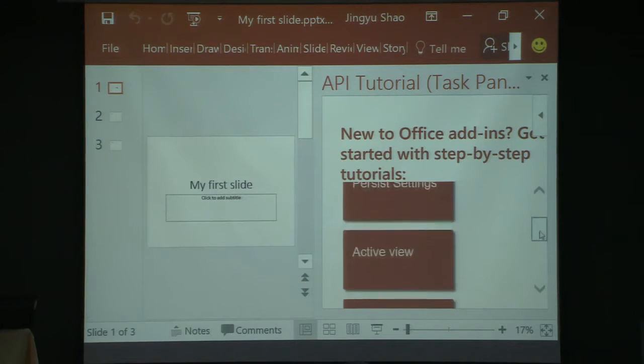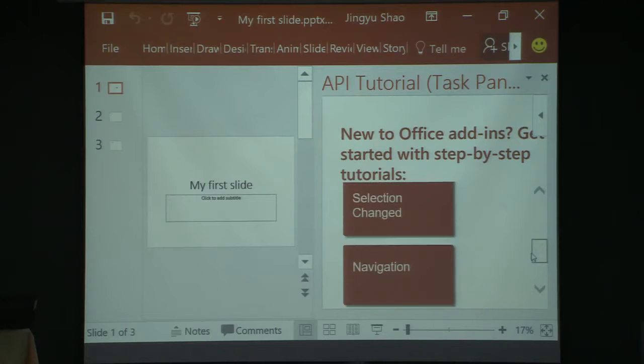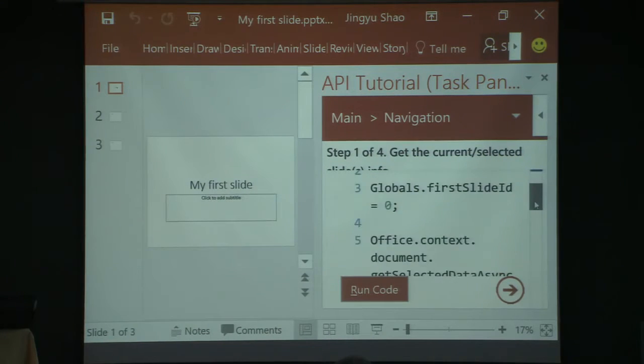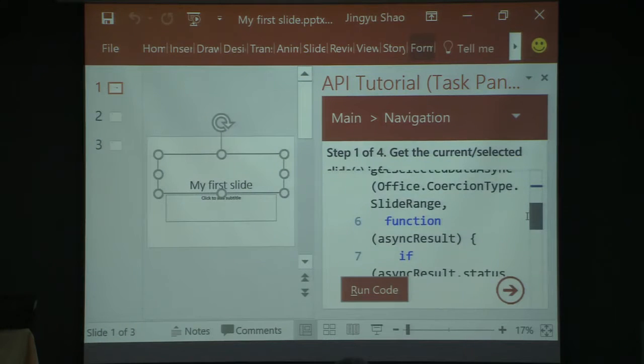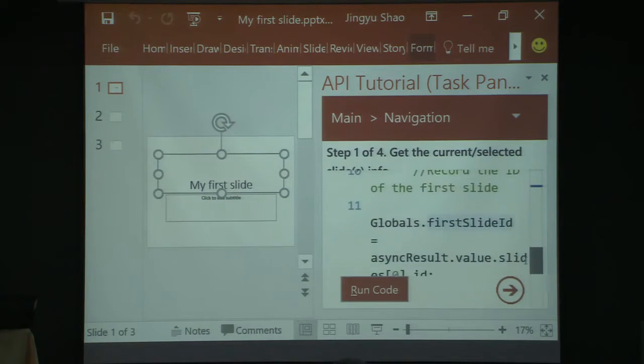And we offer similar scenarios here. So if you try this navigation here, it looks a little bit too big. So here's the idea: I'm still going to get the first slide here. I have 3 slides here. I get the first slide's ID, and I can get the title of the slides by using the